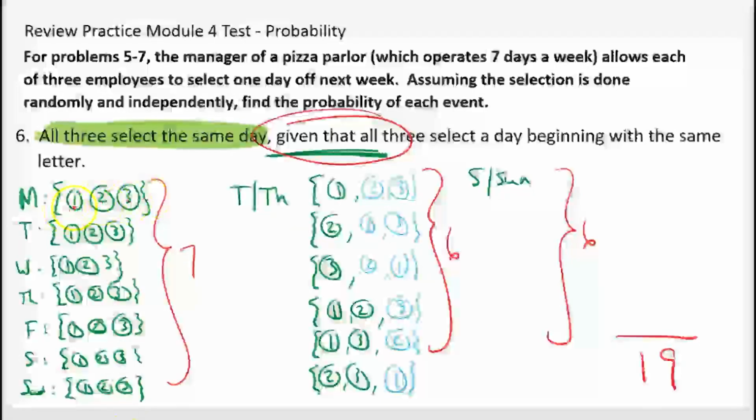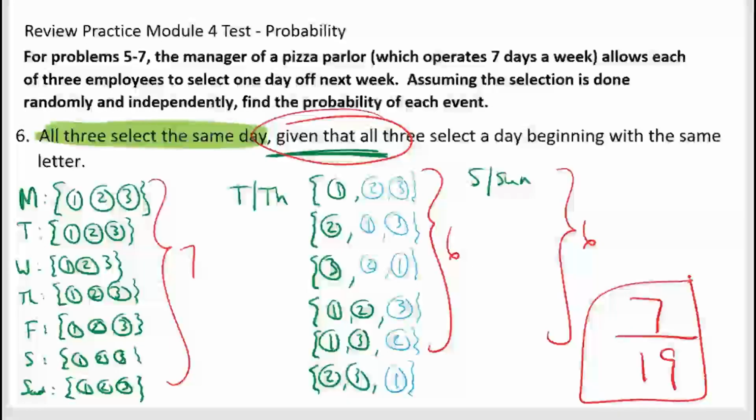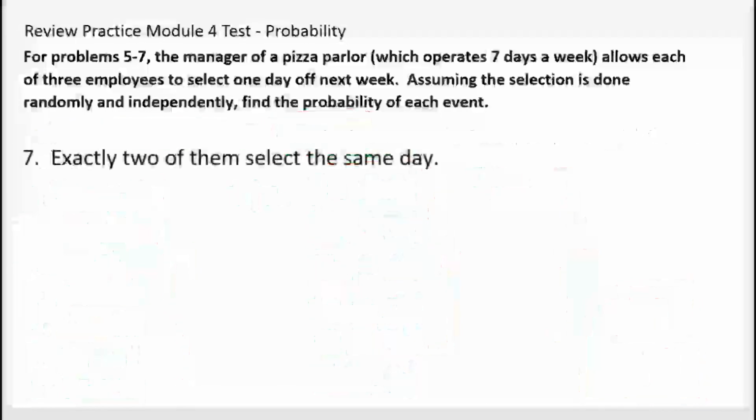Like all 3 employees pick Monday, and all 3 employees pick Tuesday, and all 3 employees pick Wednesday. So that's 7 out of the 19 possibilities where if they all pick the same letter day, that they would happen to be the same day. It's a strange problem. All right, for example, or question 7, it says exactly 2 of the employees select the